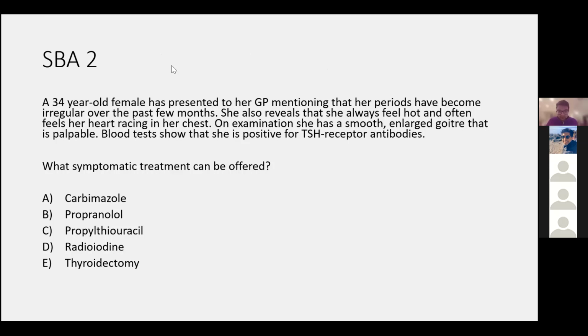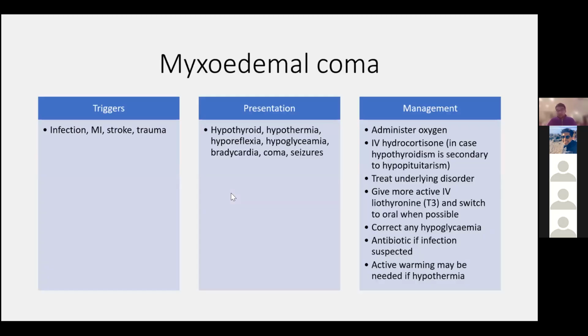So what I was saying before, someone just asked about myxedema coma. It can be an acute deterioration of thyroid state, but in most cases it's a chronic deterioration in a patient who maybe hasn't had their thyroid gland well controlled, and then they have one of these triggering events which their body cannot cope with. When you think about it, states of infection, states of trauma, following an MI, your body really needs to be metabolically active to heal, and it's not able to do that if the patient is severely hypothyroid.